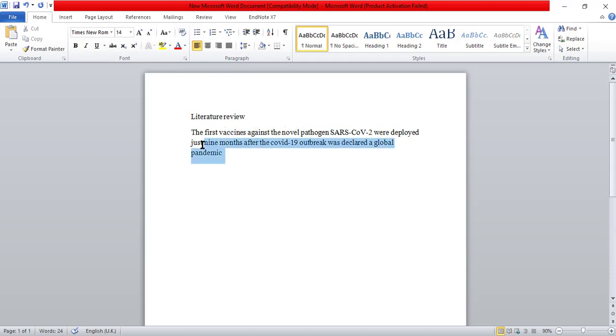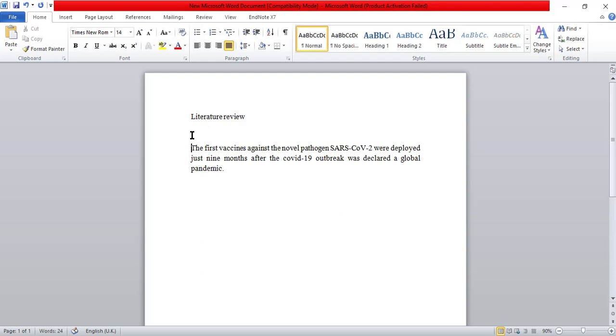Okay, now this is the first sentence that I took from the article, and I have already said that we cannot write the sentence in the same order. We cannot copy the same sentence from the article because we will be caught for plagiarism for this action. So we should write the sentence in our own language. We have already understood the meaning of this sentence. That means after 9 months of the COVID-19 outbreak, the vaccine was first made or discovered in the worldwide situation. I will write the sentence in my own words.